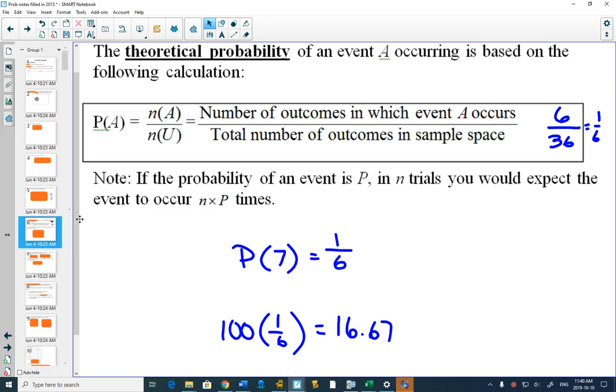In fact, that's one of the things that we're going to look at in this unit. If you rolled the dice 100 times, we'll be able to figure out what's the probability that you rolled a 7 exactly 10 times. What are the chances of that? We'll be able to figure that out. So it's some pretty cool math and probability that we'll get to. But not yet.